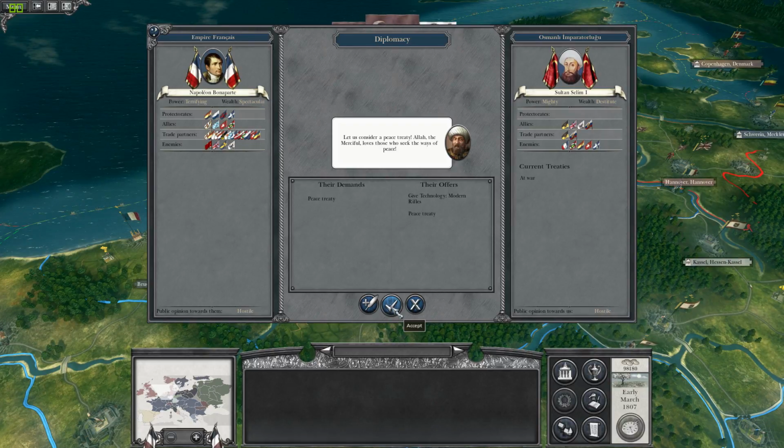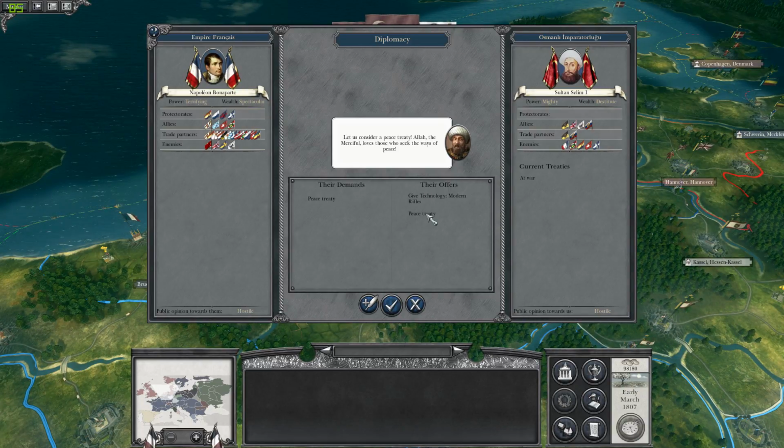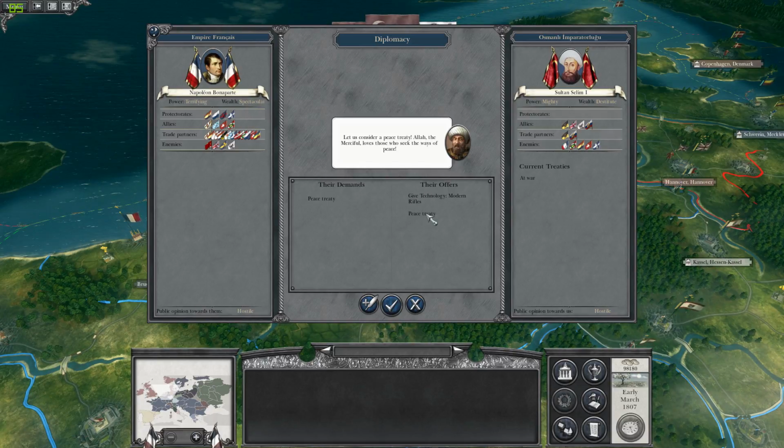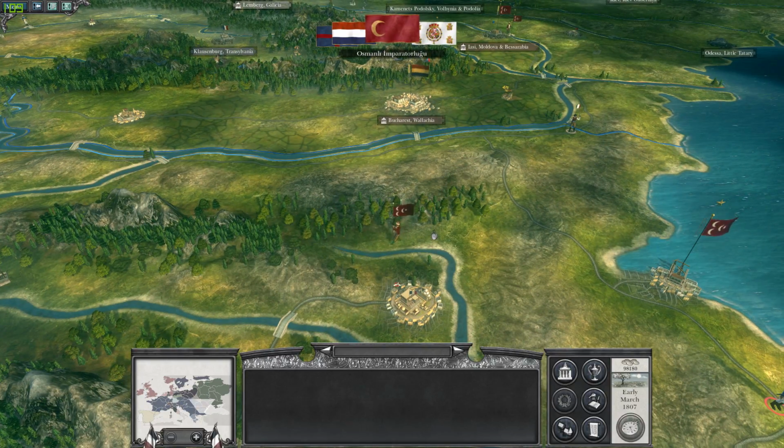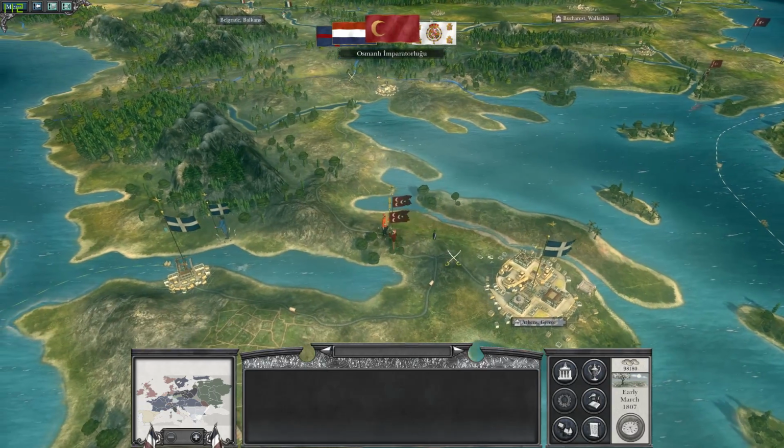Oh, what's this? They offer modern rifles. Ooh. Modern rifles would be nice, but the thing is, Napoleon didn't really even use them, and I want to save the Greeks. I'm not gonna leave the Greeks just...